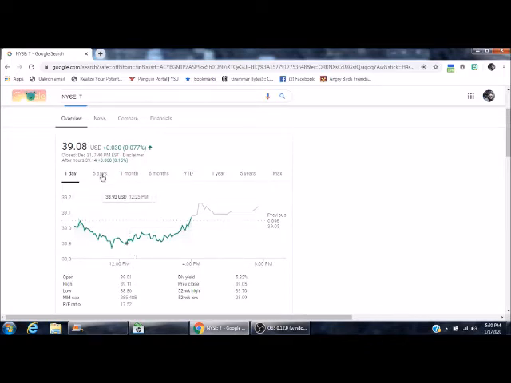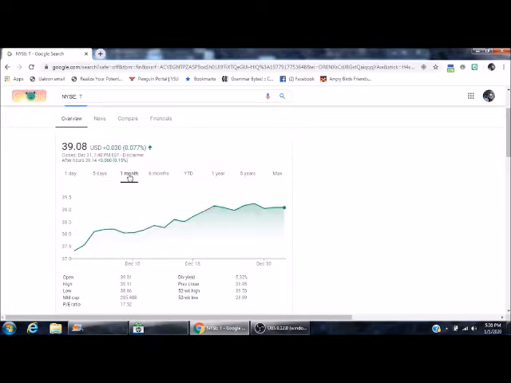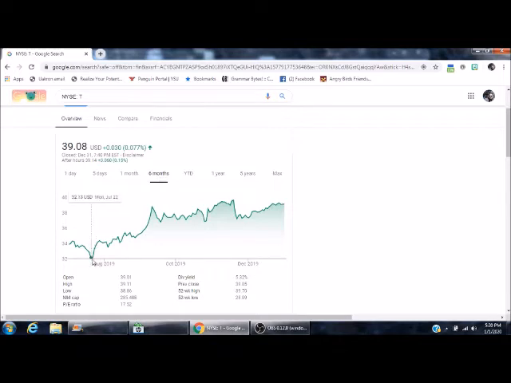I can change this graph to 5 days to see how the stock's performed over the past 5 days. I can change it to 1 month. That shows me that over the past month it's been on a steady upstream. That's great. 6 months, continuously going up, with the exception of this dip right here. By dollar amount, it wasn't very much. It only dipped like $1, but it strikes me as a fairly large, significant dip right around Tuesday, July 23rd,